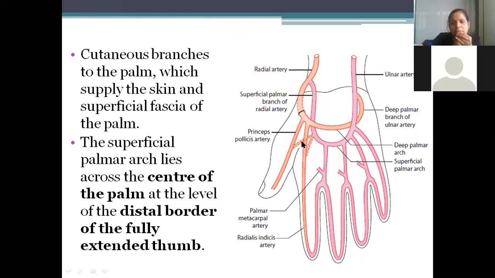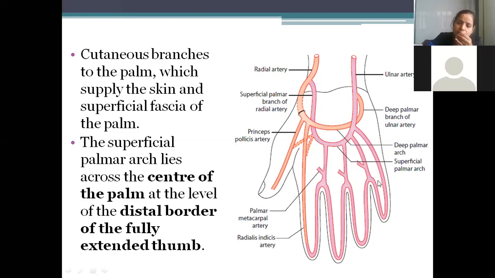Now this is the beautiful picture which has been taken from Vishram Singh. So what are we finding? See here, the pink in color is the superficial palmar arch. Orange or reddish in color is the deep palmar arch. So we know how the superficial palmar arch is formed. This is the superficial branch, which is the direct continuation of the ulnar artery, and the superficial palmar branch of the radial artery. So you are finding 3.5. You can nicely draw this picture for your convenience. Use these colors only in your exam.